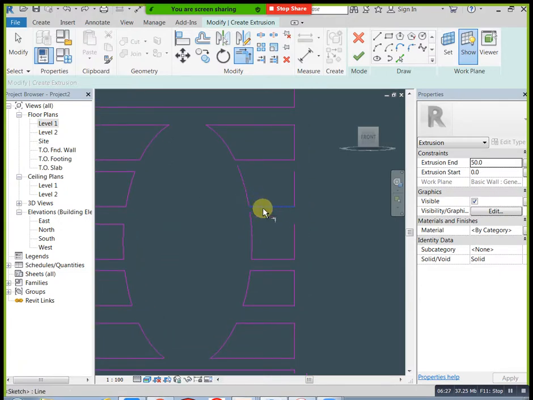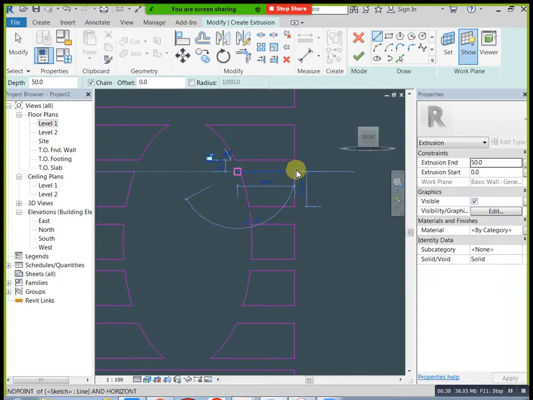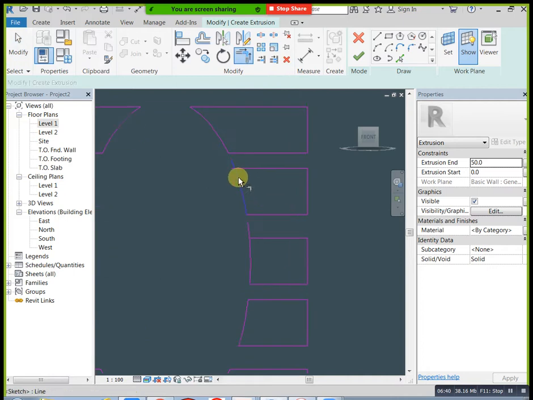Here we need two more lines like this. Again, you can mention here also. Now you can apply trim. Okay, this is our model now.